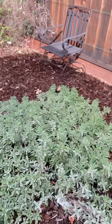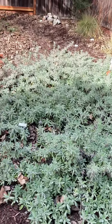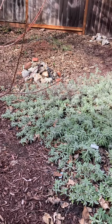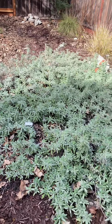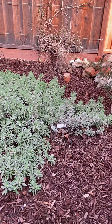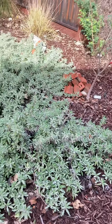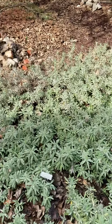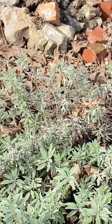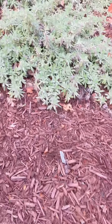These are creeping gray sedges that have not been trampled upon. These guys are in a good location where nobody stomps on them a lot. I like the creeping gray sedges in general. When they're thriving, they're doing really well. Although I will say, once they get trampled upon in any shape, form, or way, they tend to do a dieback. So they will have a rather abrupt dieback. There was actually